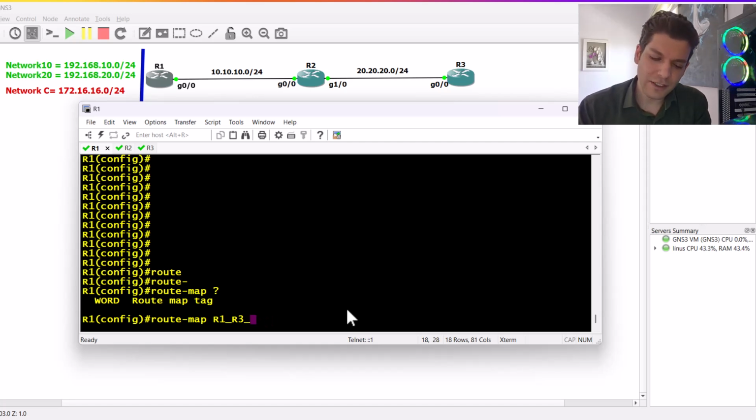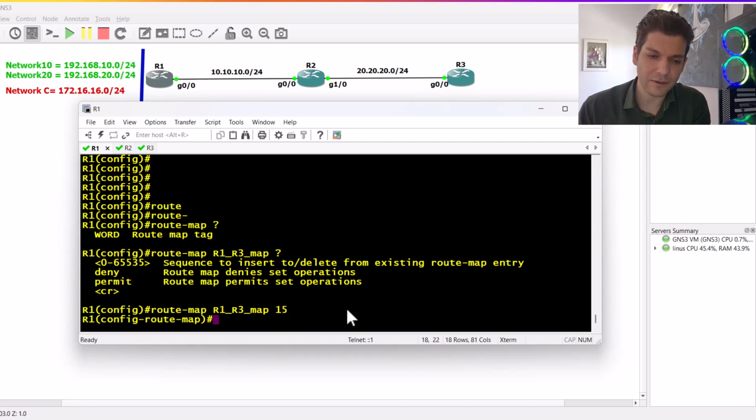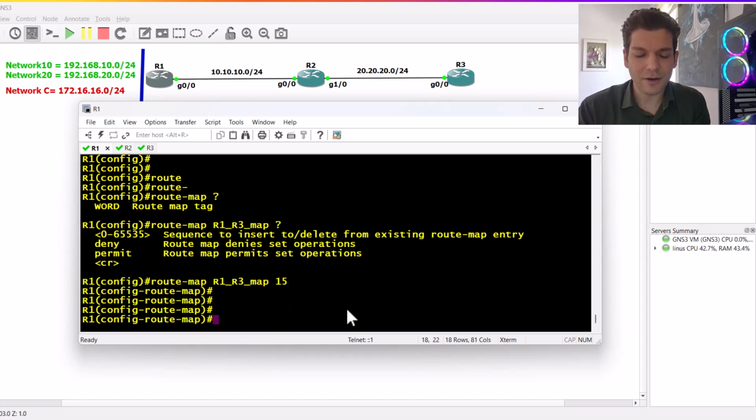R1 to R3, the difference is it's going to be map, for recognizing that this policy is for route map. And we have to specify our sequence number. As I told you before, if you don't input the sequence number, it adds by 10 by default. So I'm going to, for example, input 15. And after getting to our route map, we have